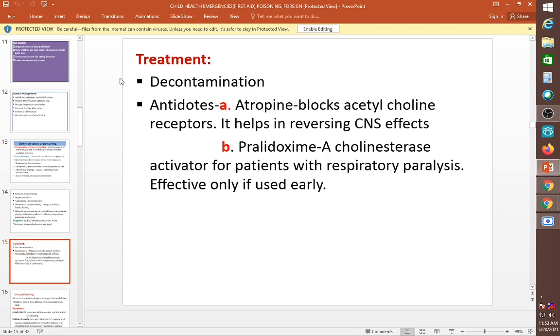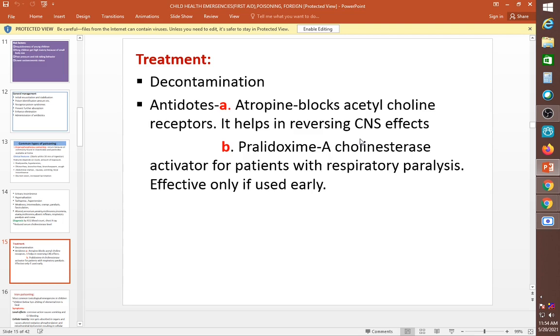And what is the antidote? That means the poison is already inside. You have to give something that will neutralize the poison. So atropine is given. Why? Because it helps in reversing CNS effects. CNS means central nervous system. You have seen that there are absent reflexes and altered sensorium. All those symptoms are because of CNS involvement. So atropine helps in CNS reversal, and also it helps in